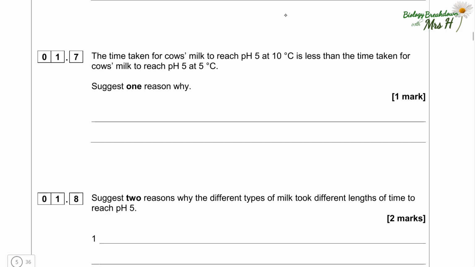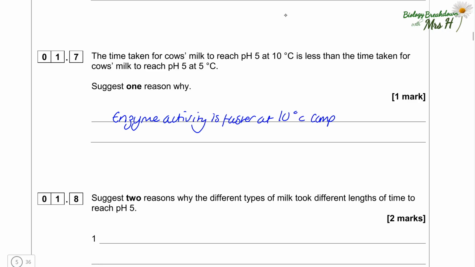The time taken for cow's milk to reach pH 5 at 10 degrees C is less than the time taken for cow's milk to reach pH 5 at 5 degrees C. Suggest one reason why. Well, they're both pretty cold temperatures, but the enzyme activity is definitely going to be faster